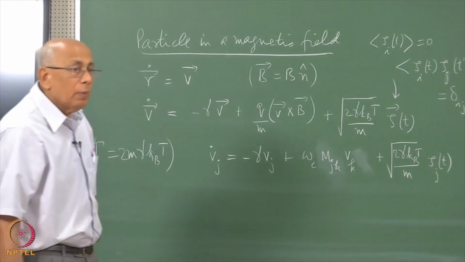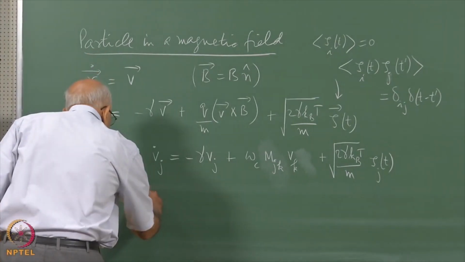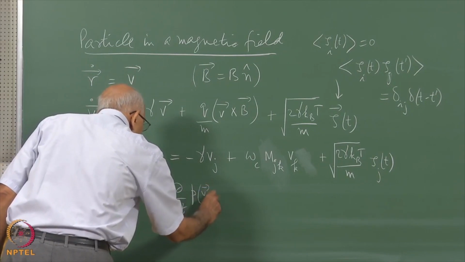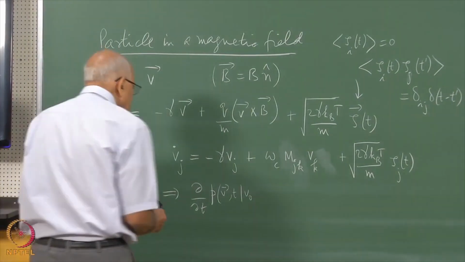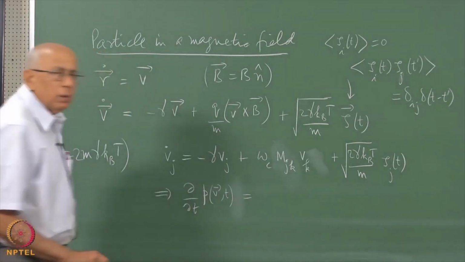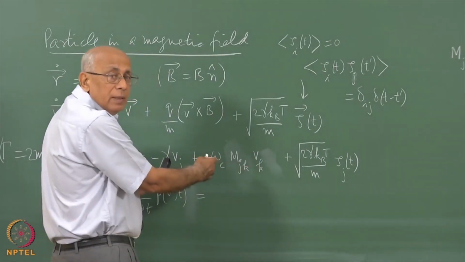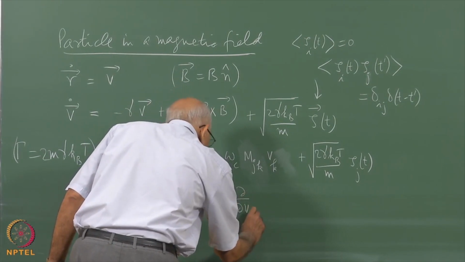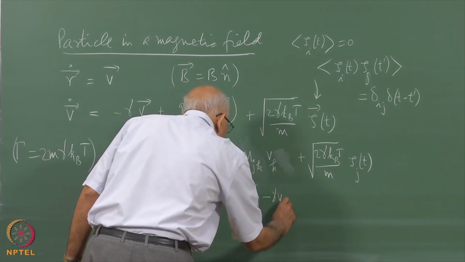We want to write the FPE for this, definitely. So what would the Fokker-Planck equation look like? This would be delta over delta t of p of V, t given V naught. Let's forget the V naught for a moment, it's understood. The initial condition on this is V naught. So what should I write on this side? Minus, this is the drift term, this is the F here, right? So minus delta over delta Vj of minus gamma Vj